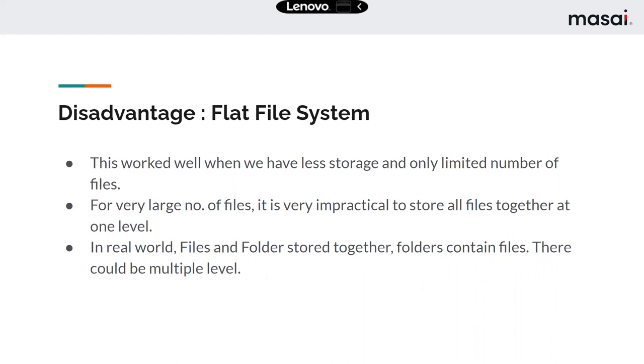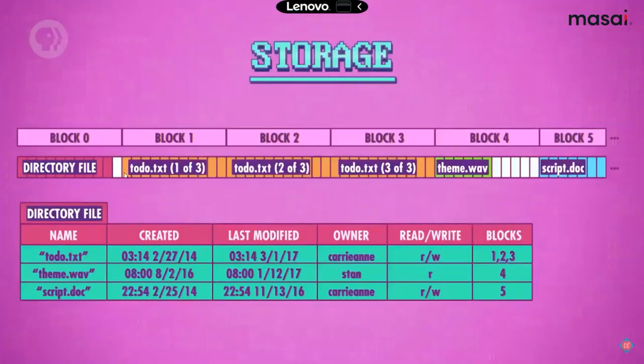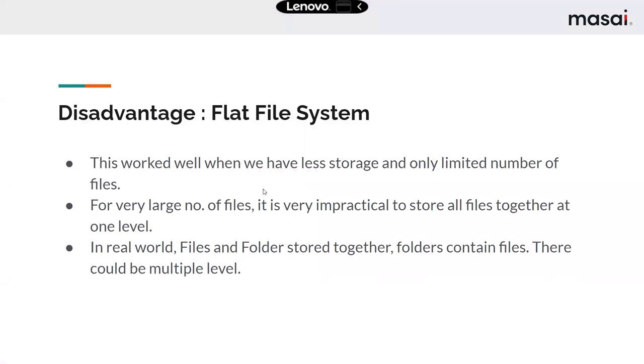But there are some disadvantages with a flat file system. This worked only when we have less storage and only a limited number of files. Only then will it work very well. But for a very large number of files, it is very impractical to store all files together at one level. Storing at one level basically means we have a complete storage and keep on storing the files back to back. This is not good, because there